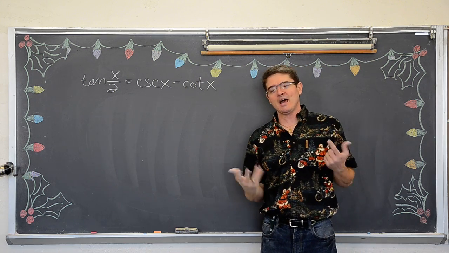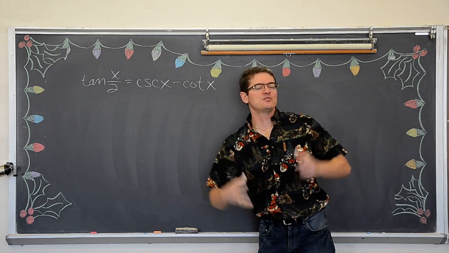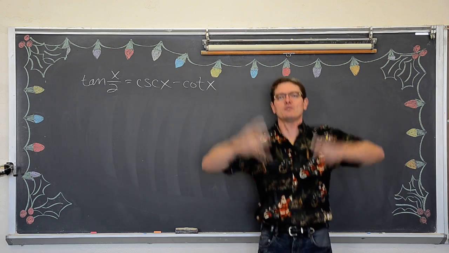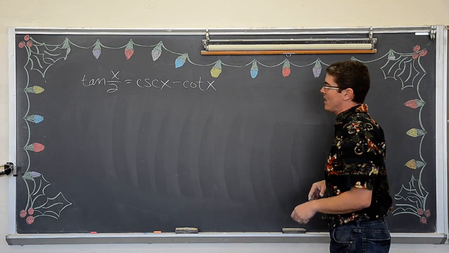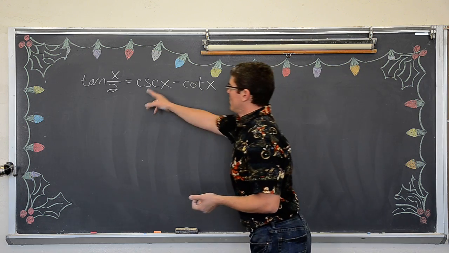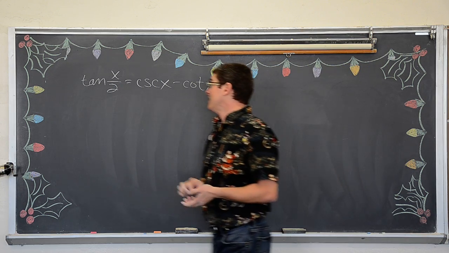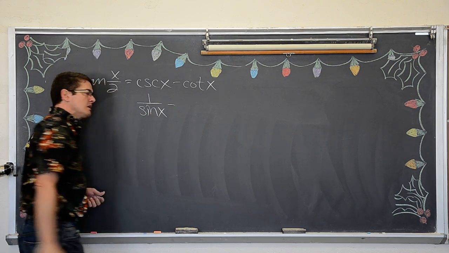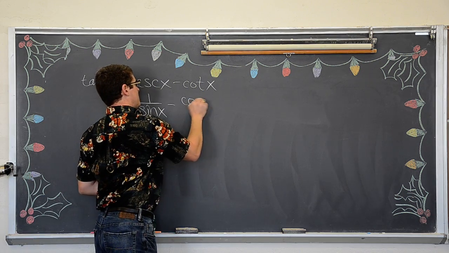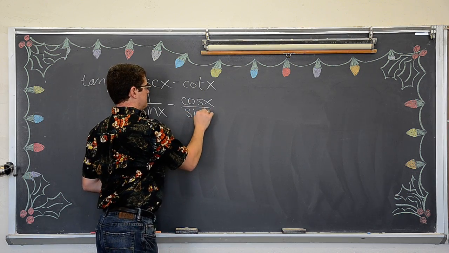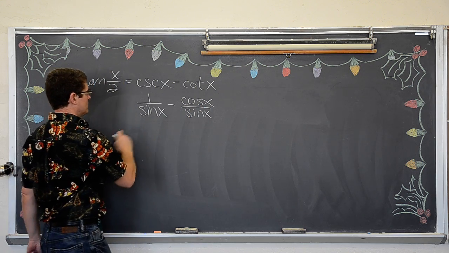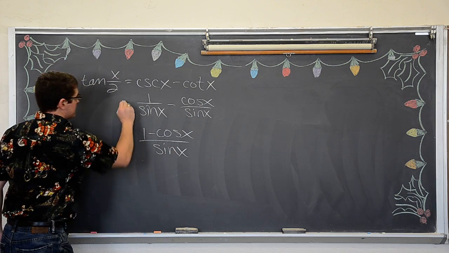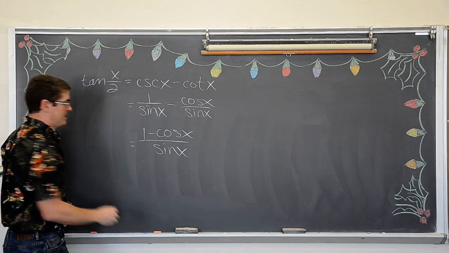Remember, and I haven't said it yet in this video, when you work on proofs, you always want to simplify. Work your way down the tree, down to the one main trunk. Don't make things more complicated and have 1,000 branches you can go up to. Okay, whatever. So we're going to write this in terms of sine and cosine. Cosecant is 1 over sine x. Cotangent is cosine x over sine x. Well, shoot, we're done. 1 minus cosine x over sine x is one of the half-angle identities for tangent.